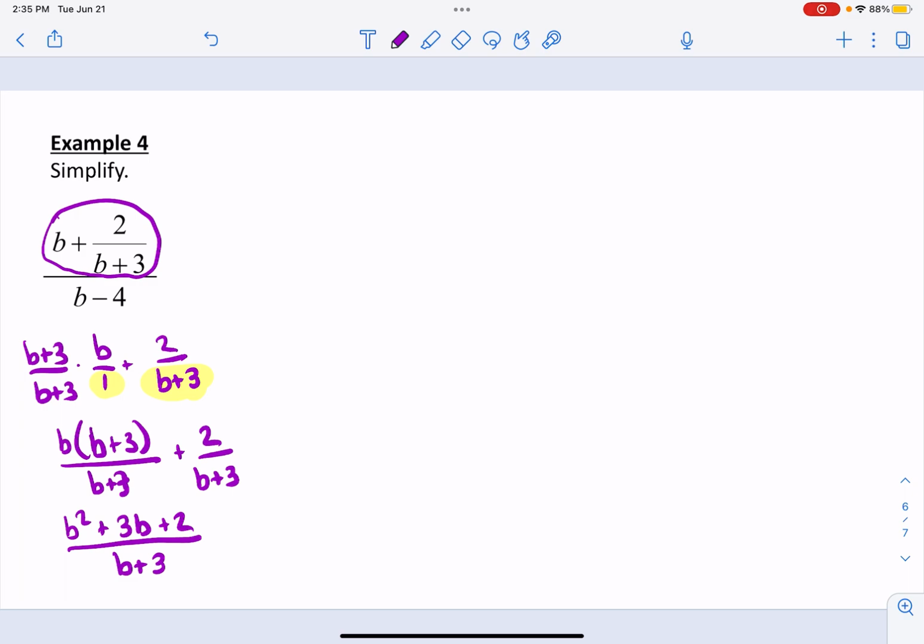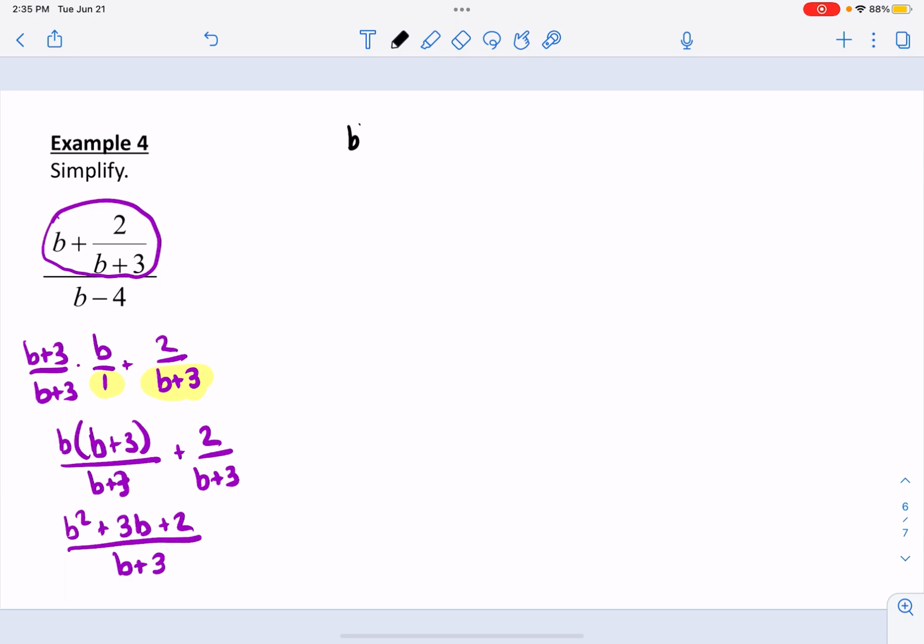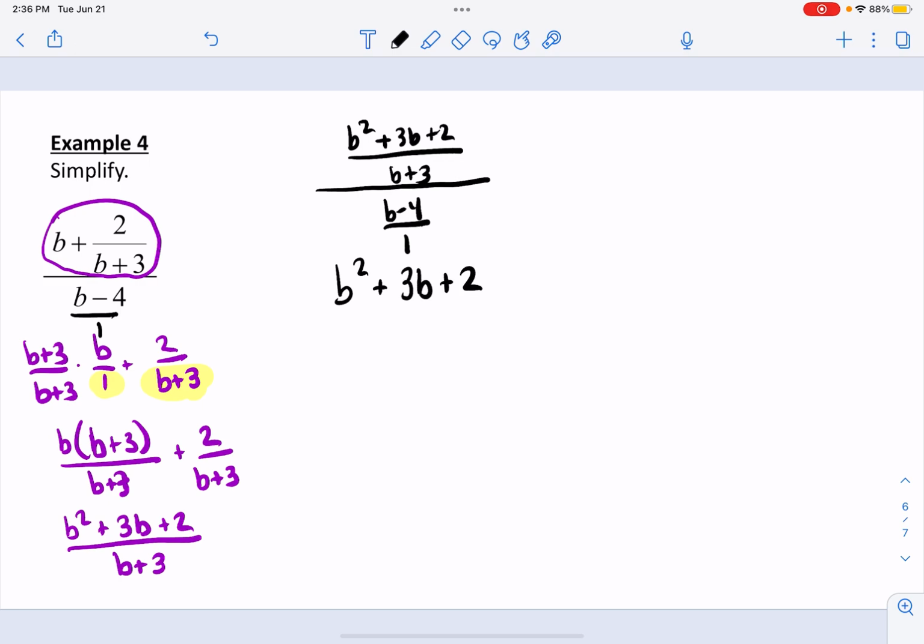Okay, so that's what's on top. So now I have this. I have b squared plus 3b plus 2 over b plus 3 divided by b minus 4. Well, that b minus 4 is really over 1. It's really over 1 there. So I really have b squared plus 3b plus 2 over b plus 3 times the reciprocal